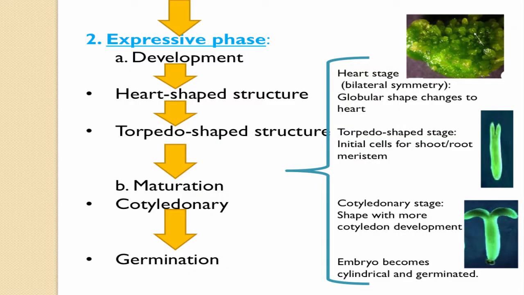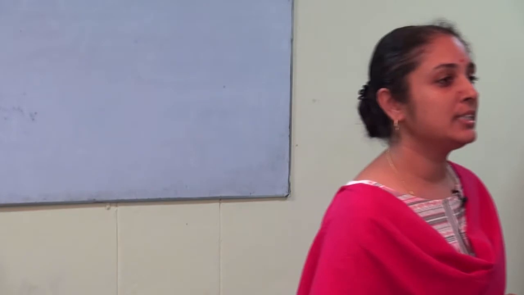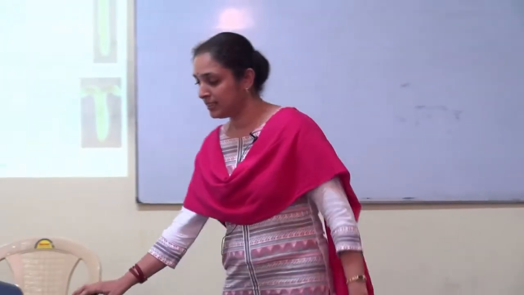So this is heart shape, and then the next shape is torpedo shape. Can you see what is torpedo? Torpedo is a missile or submarine, general meaning. Yes. So isn't it looking like a submarine